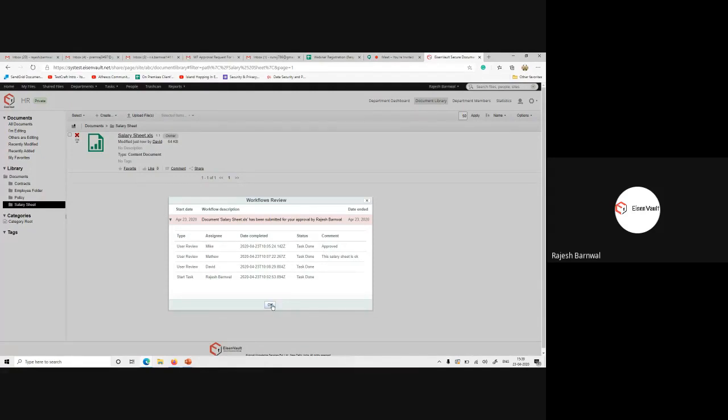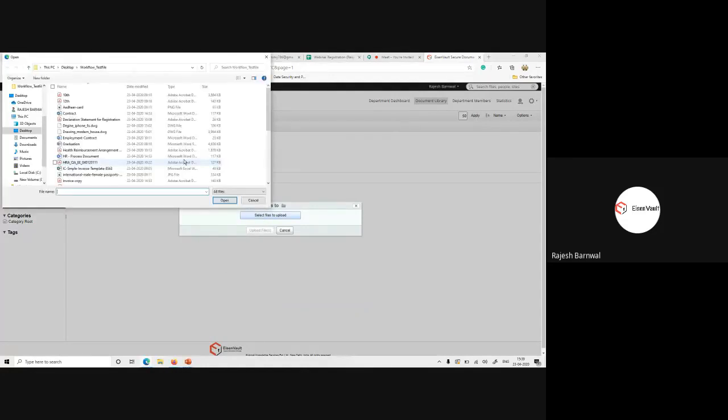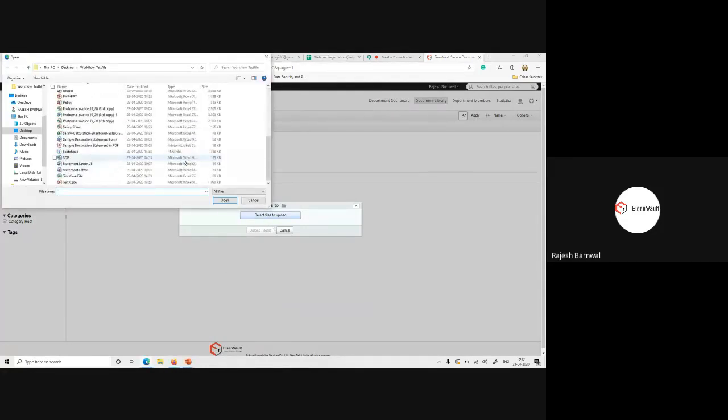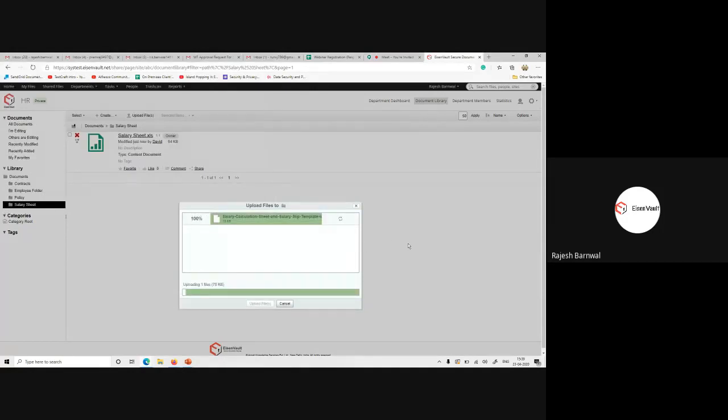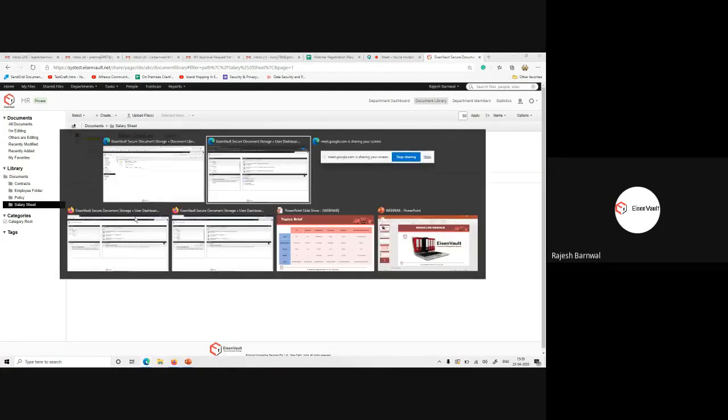Now let me upload one more file this time to show you exactly what happens in the approval case. This is the salary calculation Excel sheet I uploaded. When the sheet is uploaded, the file is automatically hidden and it goes to approver one. Mike is approver one.